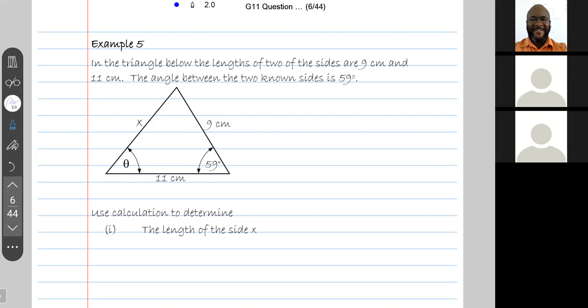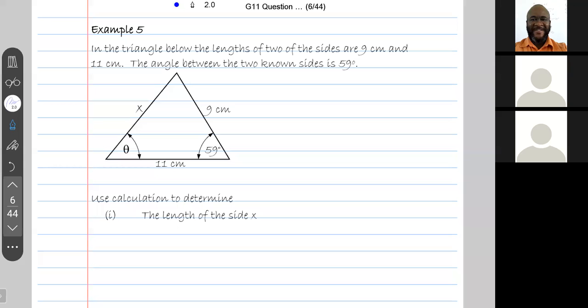All right, so let's have a look at this question. In this example, we need to find x. And please note, you don't have this yet. This is not something that you have. What you have are two sides and the angle between them. Now, the angle between the two sides is called the inclusive angle, and you wish to find the third side. If you're given two sides of a non-right angle triangle and an inclusive angle, and you wish to find the length of the third side,